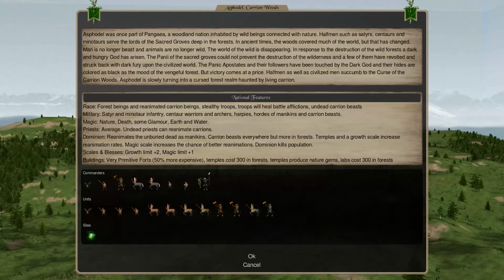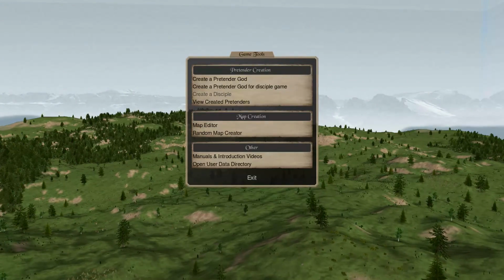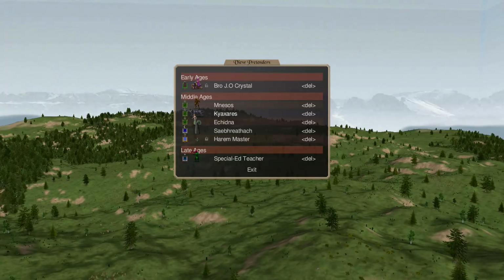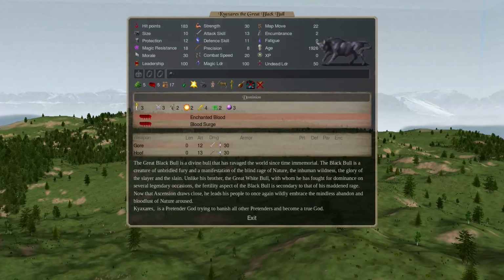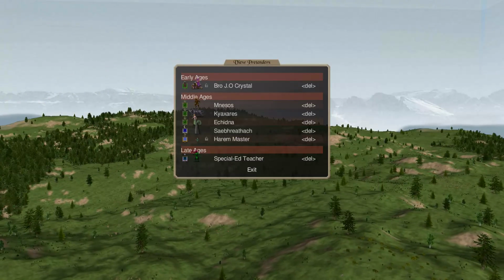So I had a few ideas for gods. Let's actually exit here for a second. Here's a few gods I thought of. Now, the one I was using in the game I'm playing now was this one, except I swapped out Enchanted Blood for something else. Let me actually just go back to...